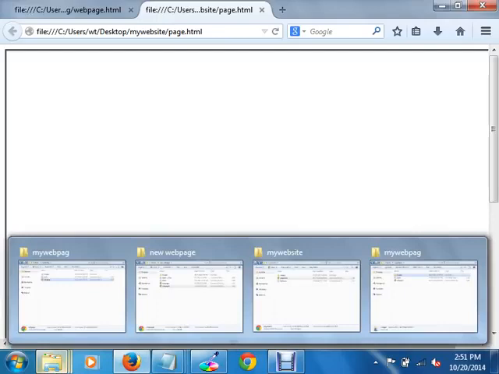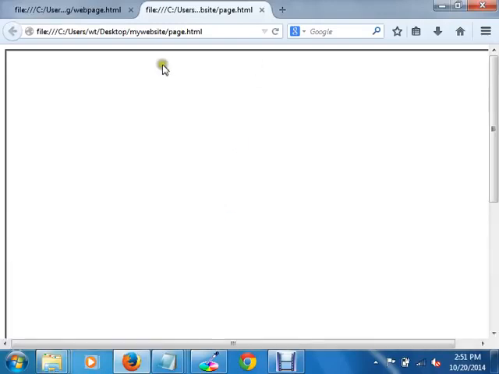Okay. The use of border hyphen style is to see whether that division is created successfully or not. By default the border style is none. That means by default it doesn't show any border for us. So I have changed the border style to groove and I have displayed the border for my page. Now this is my complete web page.